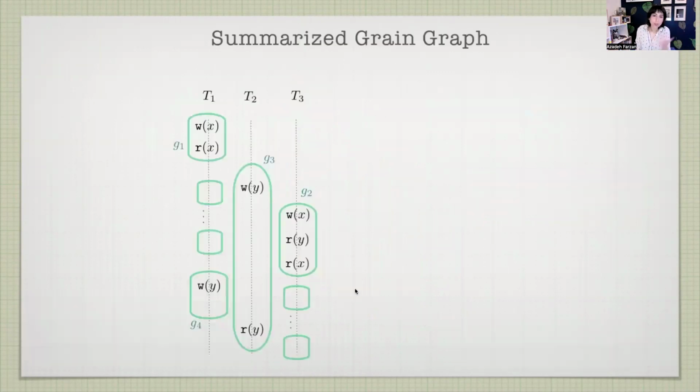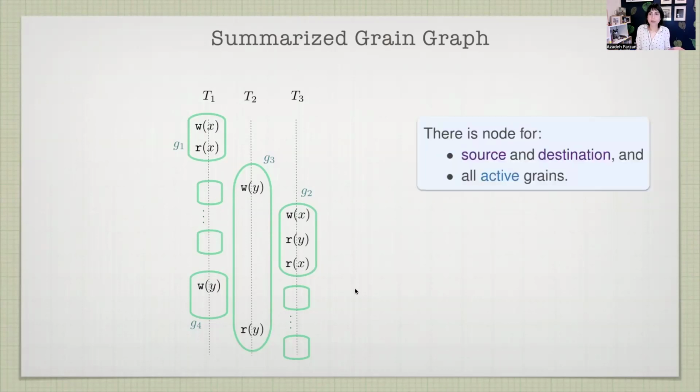And to cut this short, we can do this. There is this notion which we call the summarized grain graph. The main key is that you only keep track of the active grains and the source and destination grains in addition to active grains. So for example, if I care about grains G1 and G2, they will always stay. And beyond that, I will only maintain a node in this graph for an active grain. So now I know that the number of nodes in the graph is always bounded, but I need to maintain connectivity as the original graph would.